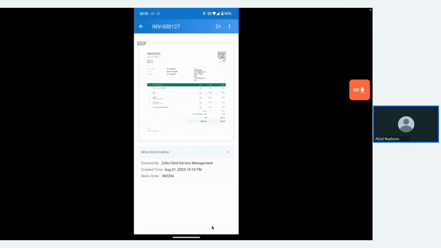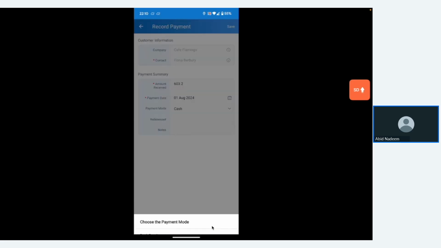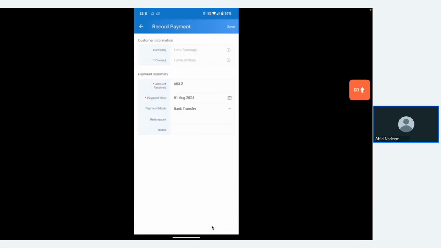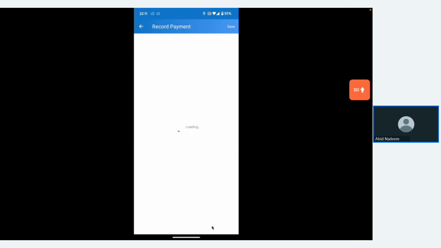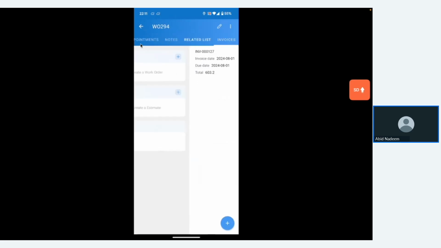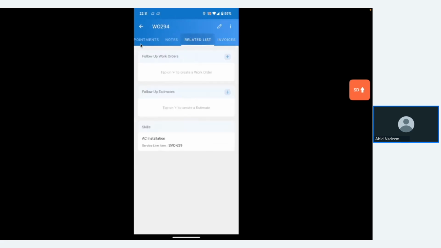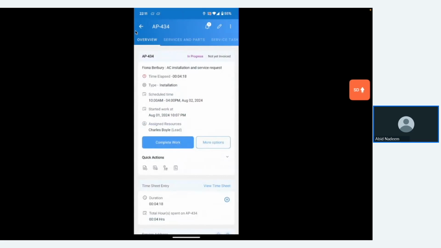Or in case he makes offline payment, we can record the payment right from here, wherein we can specify the payment mode like cash, bank transfer, check. We can give the reference anything we want, and we can save it. So once we record the payment, the status will be changed from draft to paid right from here. If in case customer requested for any follow-up work order estimate, that can be added by clicking on the plus button right here. Additionally, if the work is all completed before leaving the customer place, if they want, they can